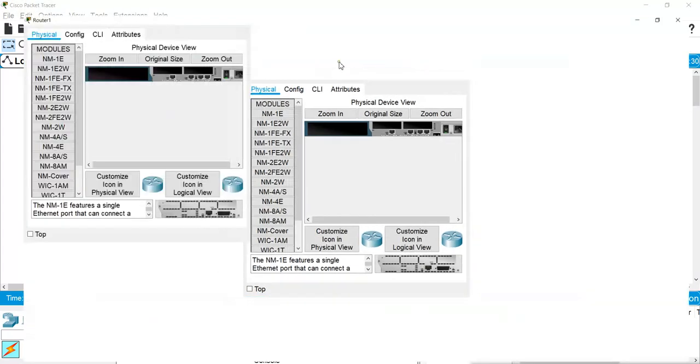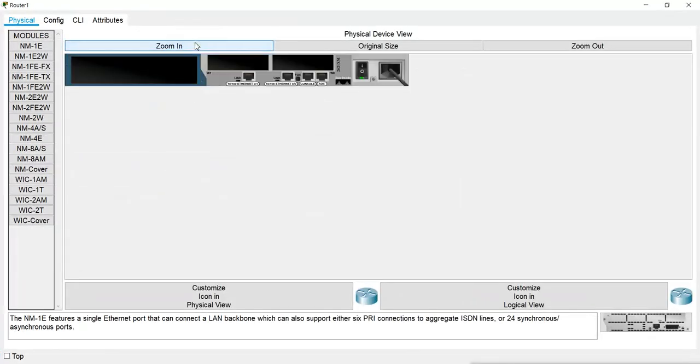If you check the physical view, you can see it is a modular router, and I can connect multiple serial interfaces, multiple Ethernet interfaces, and other interfaces, gigabit, fast Ethernet, whatever, in these slots. Right now I have only these two interfaces, that is Fast Ethernet 0 and Fast Ethernet 1.